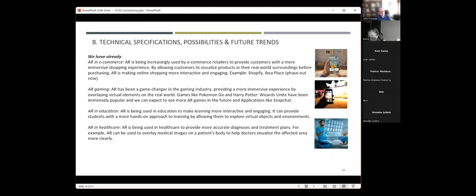I presented something in the student edition, but I will skip it here because I think we don't have time. So let's continue with the presentation without some videos. We already use AR in commerce, and we focus on Shopify and IKEA Place. About IKEA Place,